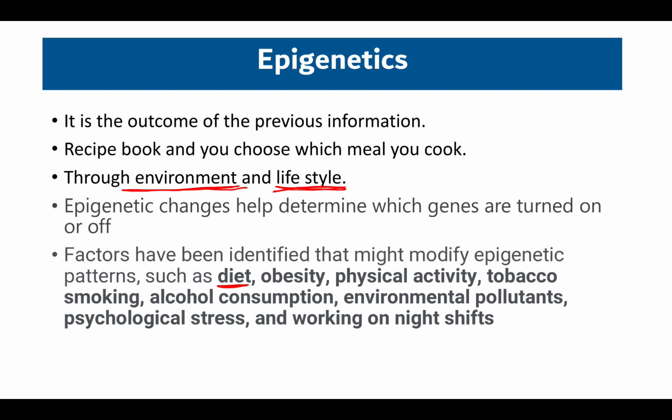As I mentioned before, if you eat a sugary diet, this means you are activating the unhealthy microbiomes, creating inflammation. This inflammation goes to the genes responsible for inflammation and activates them,